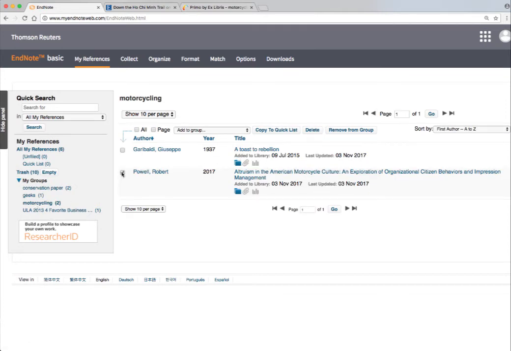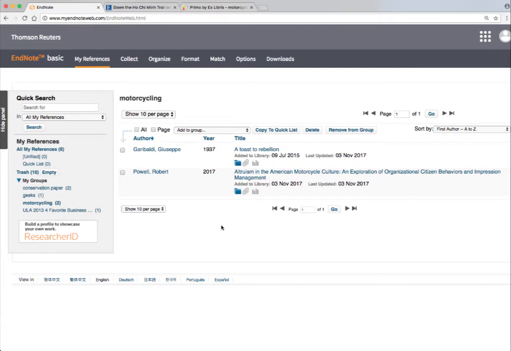You can edit this as you go, and you can change what groups it goes to. You can duplicate resources. So if you're doing a bibliography mid-semester and then finishing another one later in the semester, you can have them have duplicate information in there. It's not a big deal. You can make as many groups as you like. The cool thing about this is now when you want to go and export and make a bibliography,